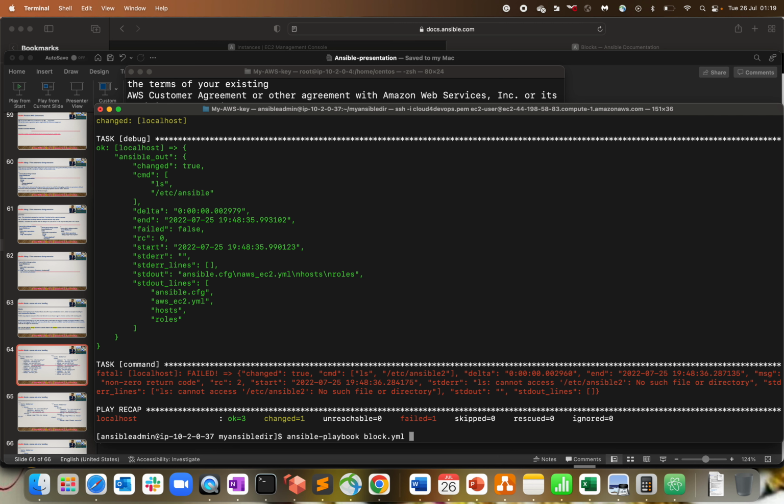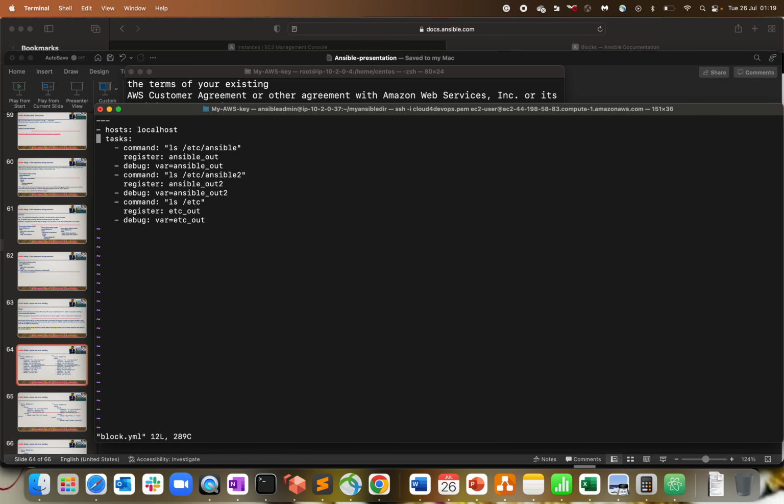So for that, there are two ways to do it. Again, let's do a quick edit to our file. We know it's failing at the second one because we don't have anything at Ansible 2, something called Ansible 2, as of now. So for that, what you can do is give ignore errors, yes, which is basically